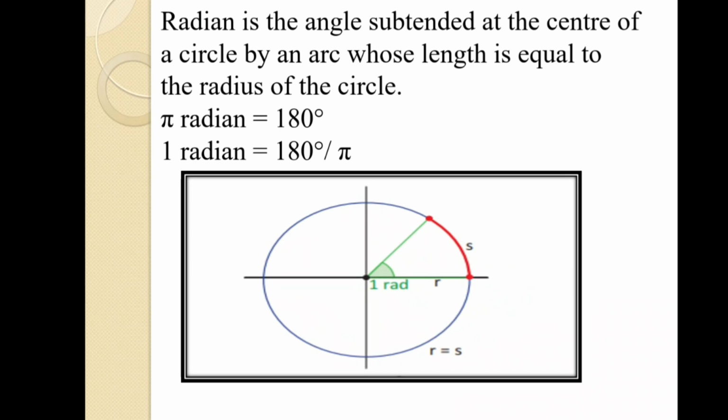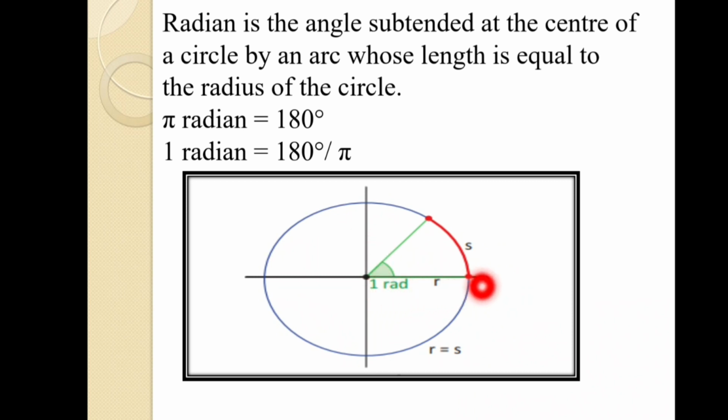We are considering a circle. You can see there we have a radius r and we have subtended from the center. What is subtend? A line or arc forms an angle at a particular point when the straight lines from its ends are joined at that point. So the angle which we subtend from the center, where the arc is equal to the radius of the circle, is called a radian. Already we know that pi radian is equal to 180 degrees. So 1 radian is equal to 180 degrees over pi.